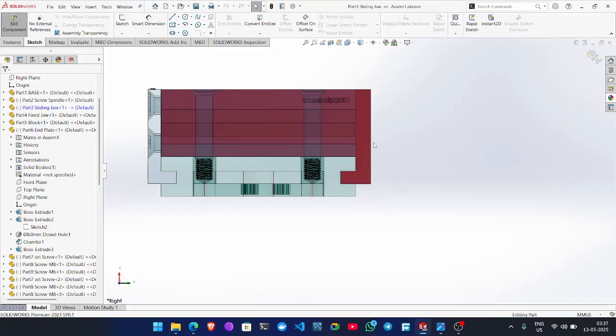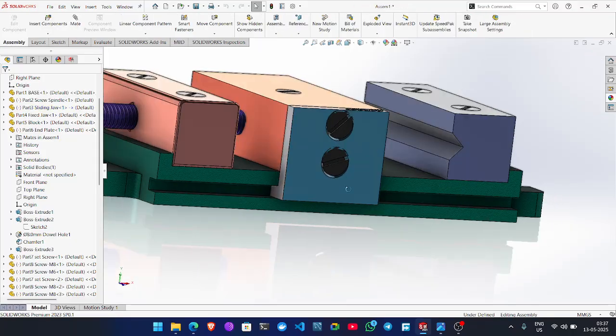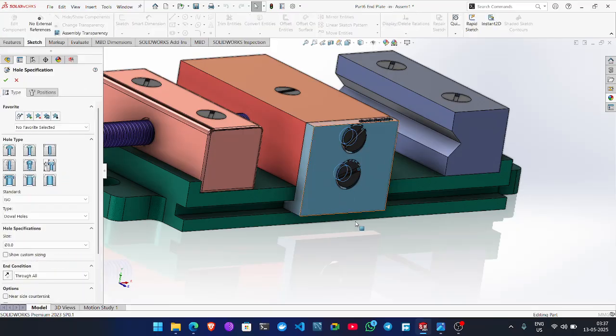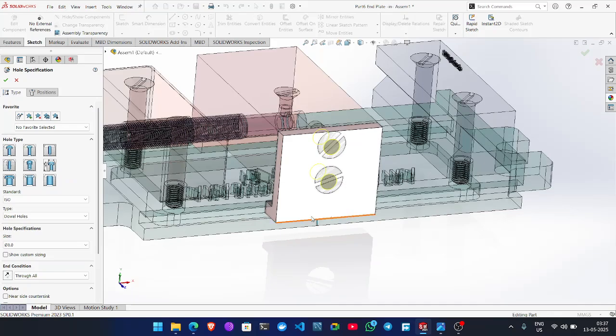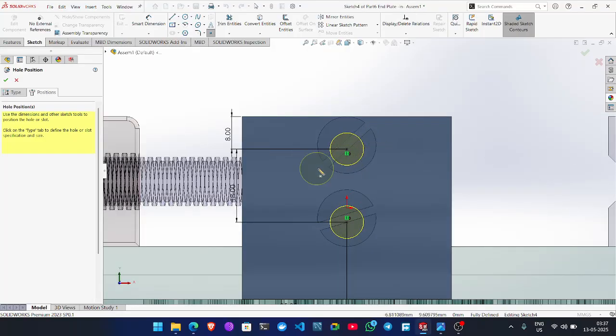Okay, so that's why I can update this. I came to know the dimension is 45, then I just directly changed this dimension. Okay, so this is not the main point, how I can fix this dimension. Okay, so just go to the hole section. Yes, this part, and this is the hole, and right click and edit feature. So you directly edit this feature in the assembly section. Okay, so this is the thing, and this is the position. All dimensions are right, just update the position, right?